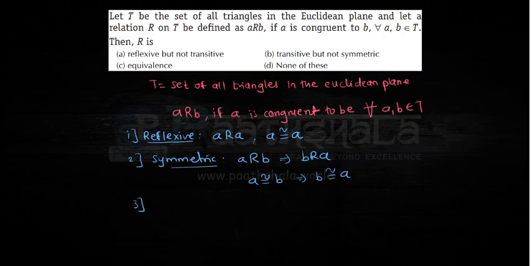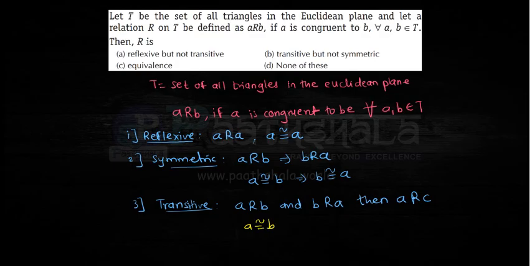Let's talk about the third point, that is transitive. In a transitive relation, if A is related to B and B is related to C, then A must be related to C. So we can see the relation is A is congruent to B, and B is congruent to C,